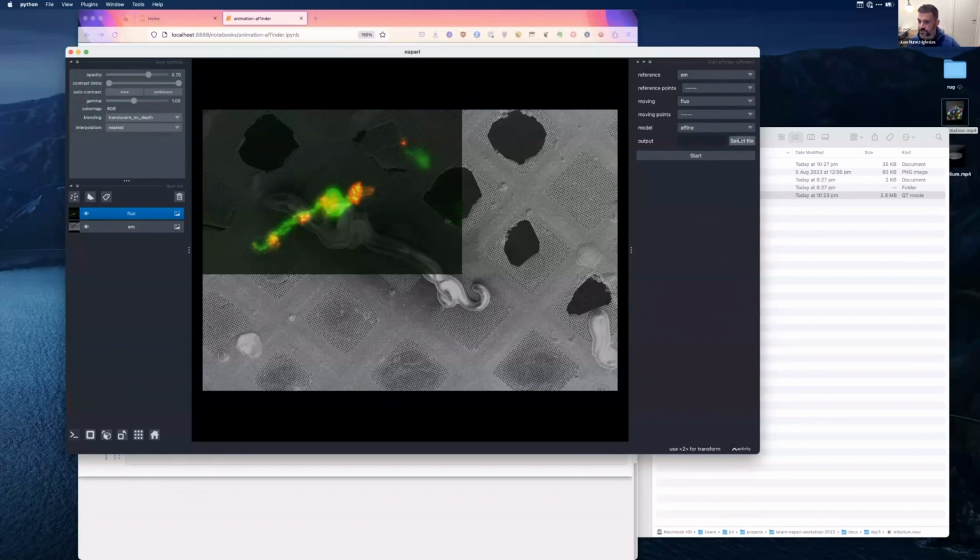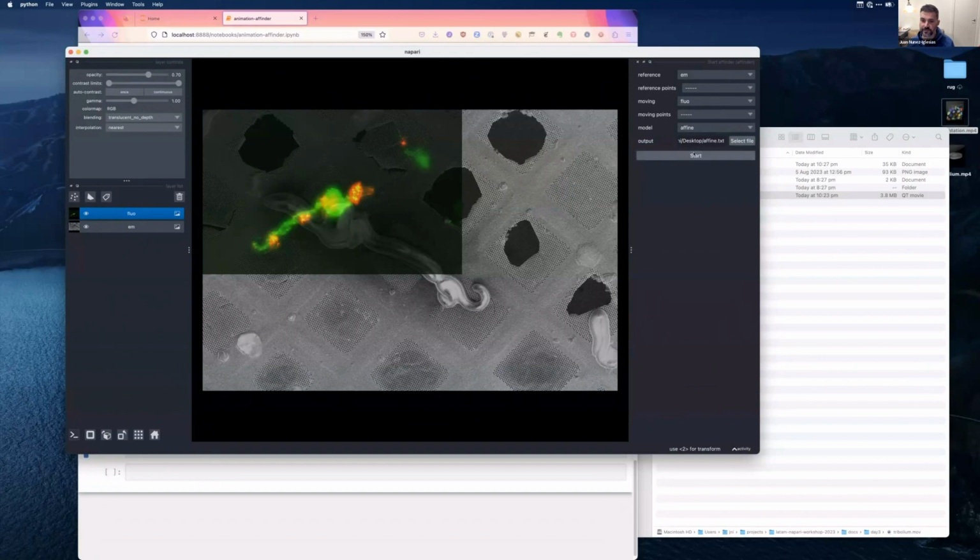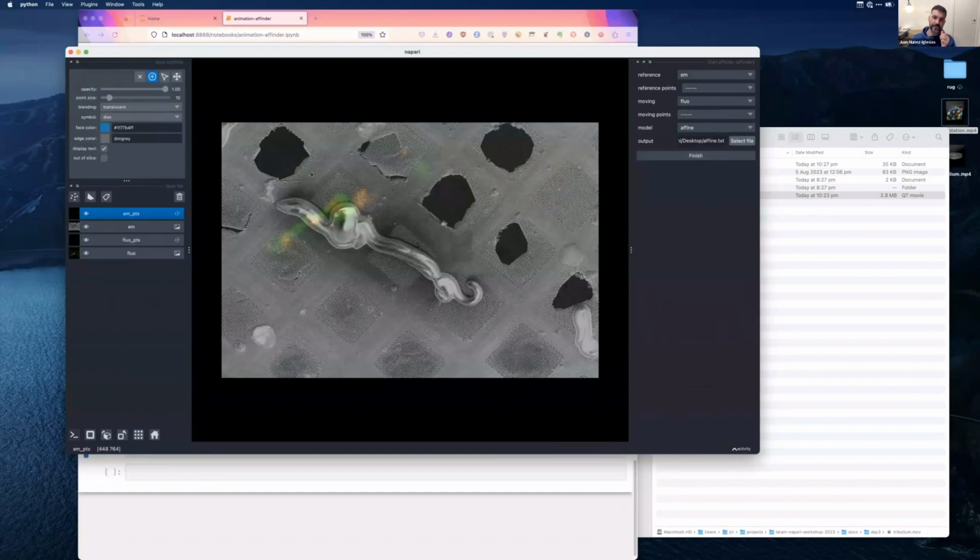And optionally, you can save the affine matrix from your alignment to an output file. So I'm just going to write affine.txt and it will save it. Okay, so I start. Now what I need to do, and you kind of need to know this, there's not really much of an instruction manual, but hopefully we can do something more guided in the future. But the first step is to add 3 points, and we need to add them in the same